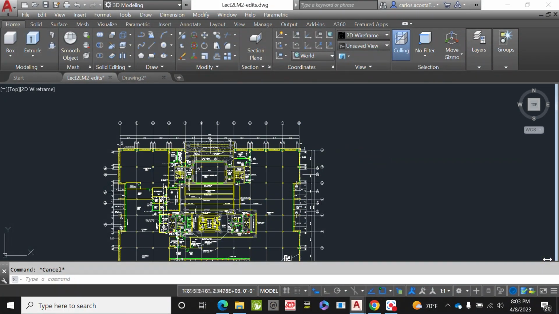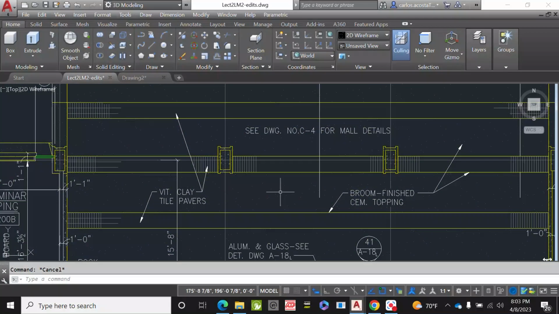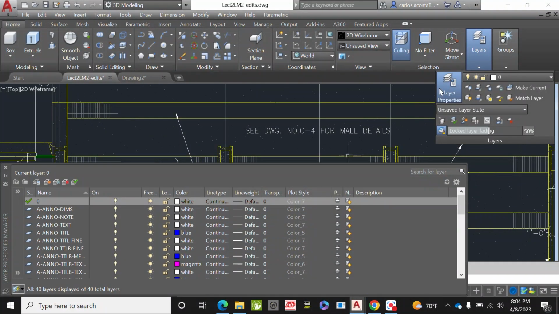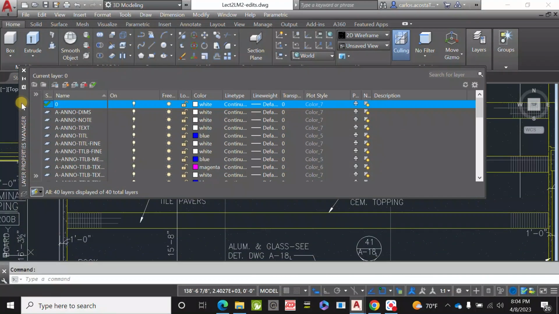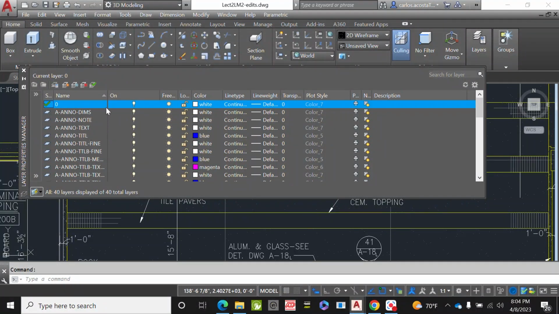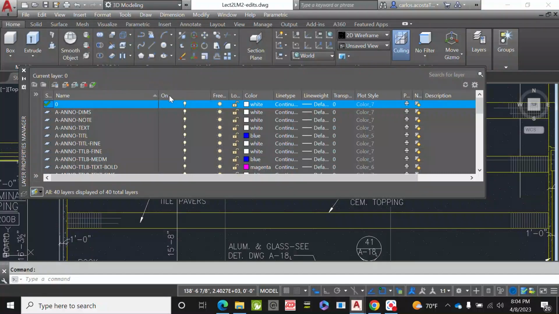Okay, before we try and start drawing shapes and objects, learning from this drawing, we're gonna learn about a concept that is very important. We're talking about layers. On your home tab, there is a ribbon called layers. Under layers, there's something called layer properties. If you click on it, it's going to show you all the properties, but also all the layers used for the drawing. So this is another way to learn about your drawing, because if you notice, looking at your drawing,